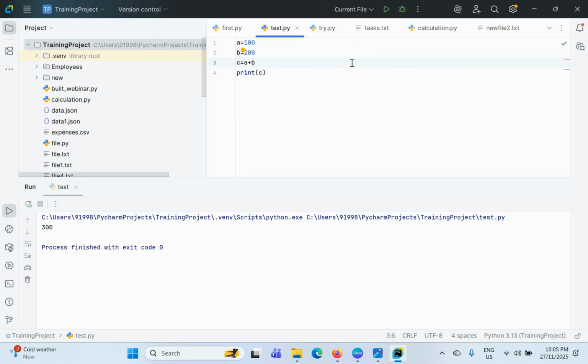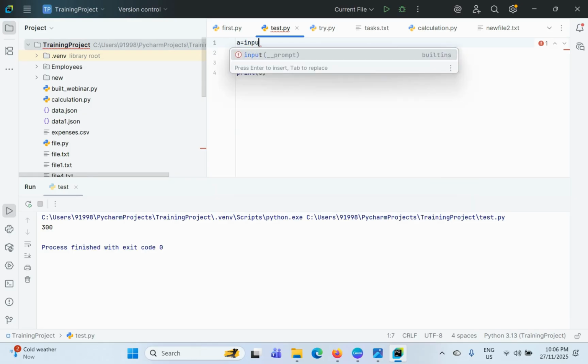Okay, so this is a simple thing, for when you want to add two fixed, constant values, right? Well, how about if you want to add any two random values? That means whatever value the user gives you, you have to add those numbers. The process will be the same. The only difference will be the value of the variable, how you take the value. Here you are giving a constant value, now you have to take the value from the user. To take input from the user, you have to write the input statement. So input,